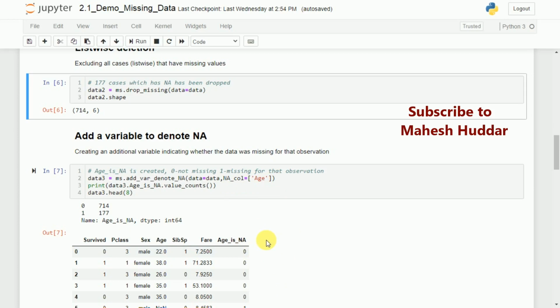And then what we can do is you can use this particular function called value counts, so that you can display 0 for all those instances where the data is present. If the data is missing, the value 1 will be displayed here. So how to use that is data3.age_isna.value_counts. It will display 1 wherever there is a missing value present in the data set. It will display 0 if there is no missing value. That you can see over here.